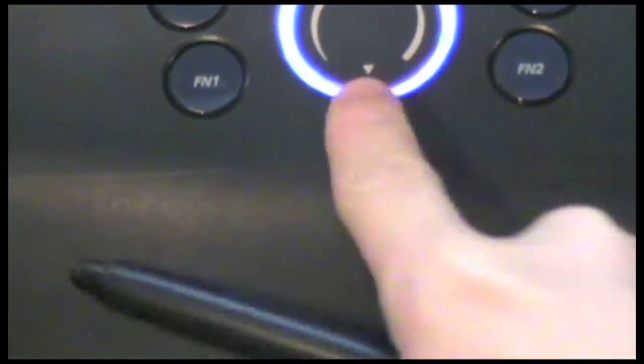So as you can see, there's the ring right here. That is a little lighted ring, and it pulses if you're not doing anything for a while. Right here is a little arrow. So if you tap that, the bottom arrow or the up arrow, it'll scroll down a page. And here you can scroll in and down and up if you want. You can set it to that, or you can zoom in and out, which is what I have it mapped